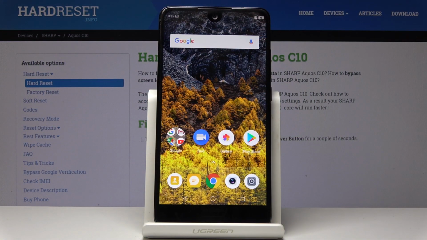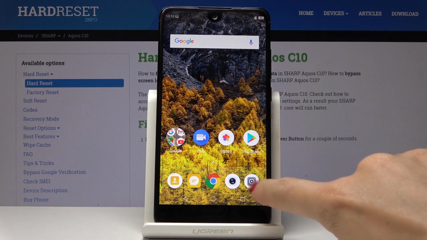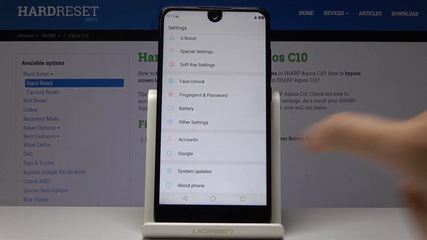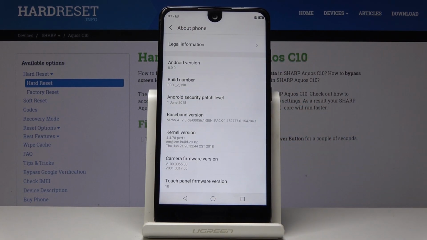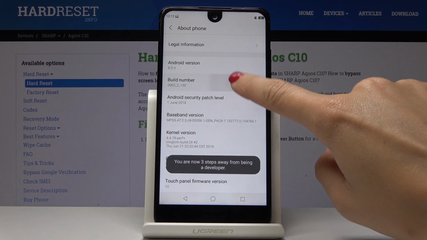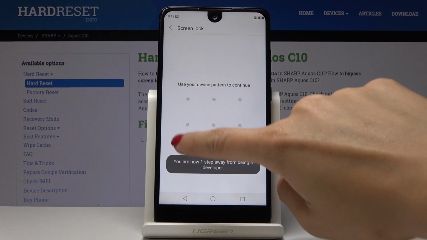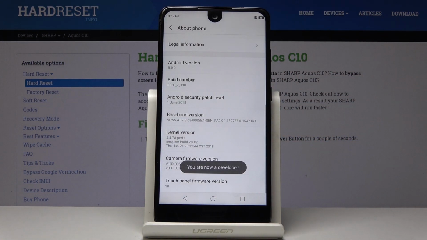Here I've got Sharp C10 and let me show you how to activate developer options on the following device. So at first let's open the settings, then find and select About Phone. Here you should go a bit lower, and once you see build number, keep tapping for 7 times on it, and as you can see, now you have to draw the pattern if you have one, and now you're a